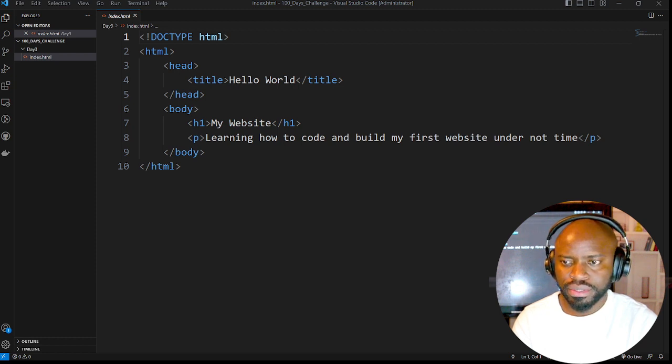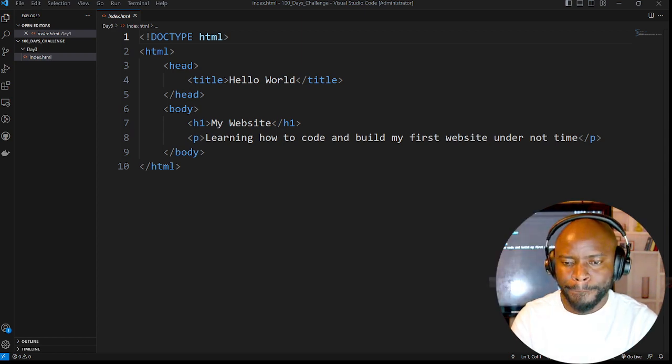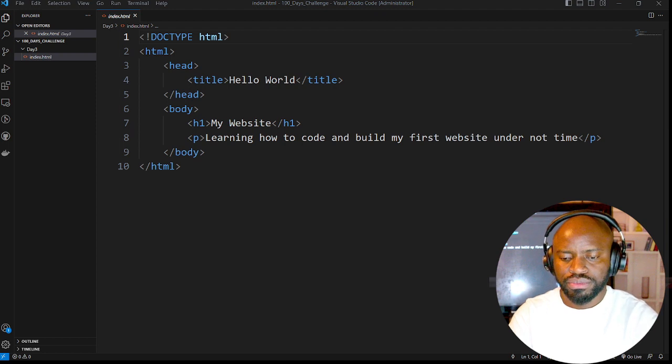Trying to do some security measures. I think that's fine. Yeah, good. So with that said, I will be able to show you the preview